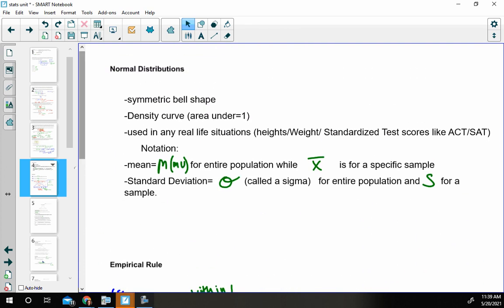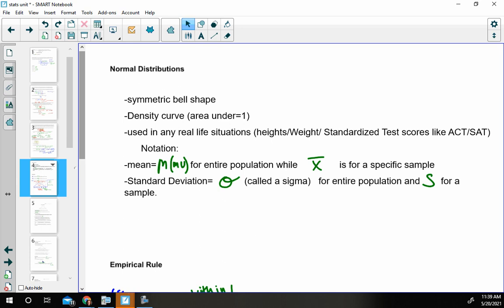Okay, so our normal distribution. On our last distributions, we could take whatever our total was and divide by the increments to figure out what increment percentage it was. When we're doing normal distribution, for a symmetrical bell curve, we have specific percentages that we're going to use each time. So it's not going to be 25% this time or 33% this time. Okay, we have specific percentages. So it's built off the mean and the standard deviation.